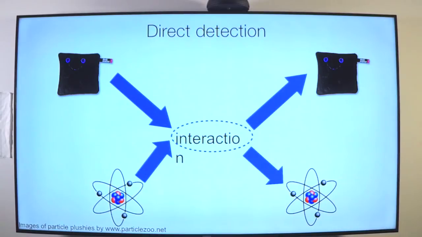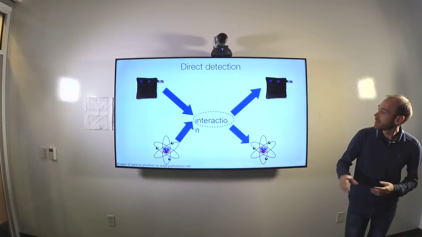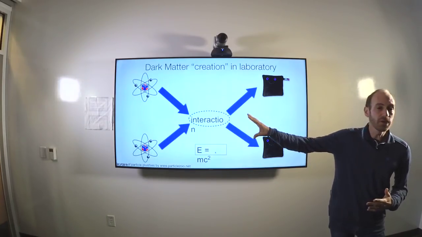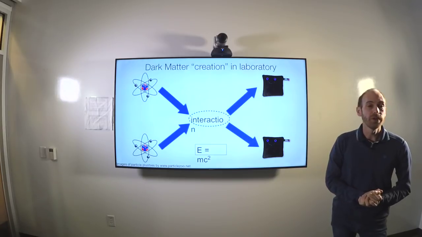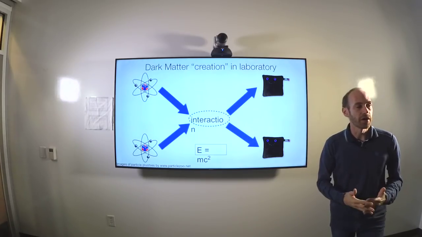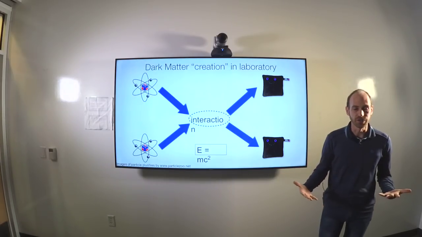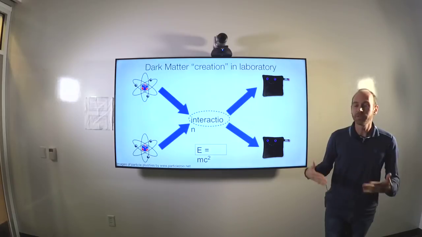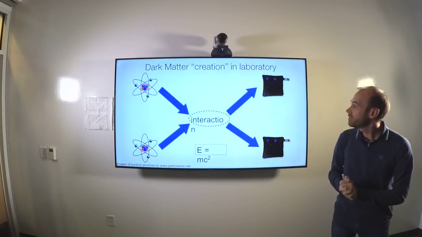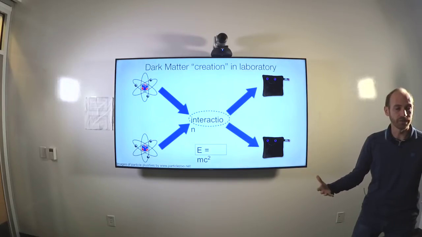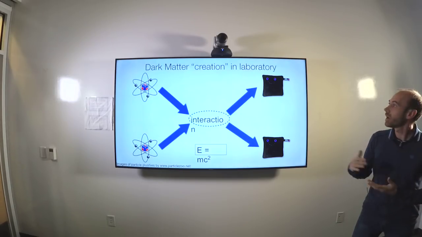At the Large Hadron Collider, we do something different. We try to look at it in a different way. As you can see on the next slide, instead we take ordinary matter, in particular protons, and we make them collide together at very, very high energies. High energy can be transformed through some specific interactions into mass to create new particles which have different masses. And this is how we try to create dark matter candidates in the laboratory.